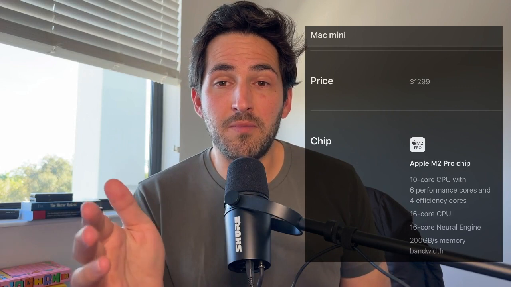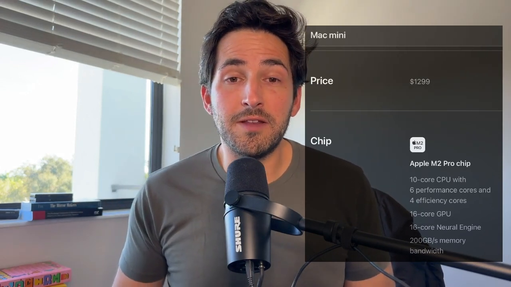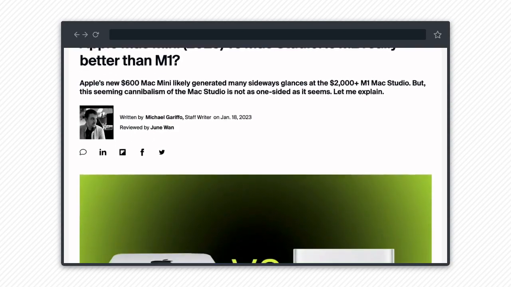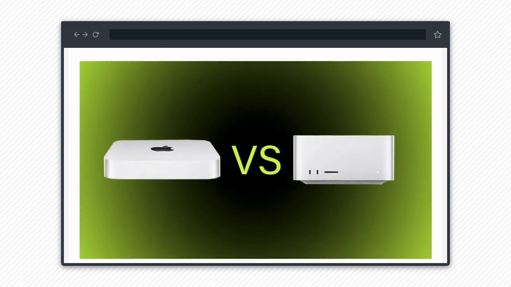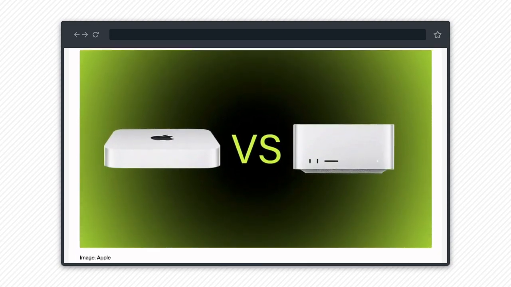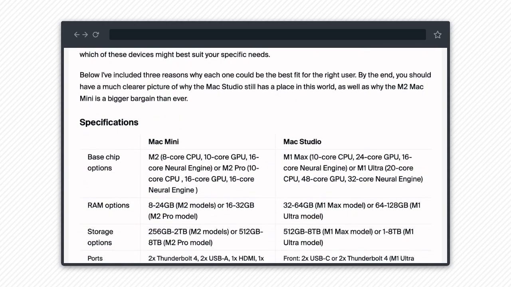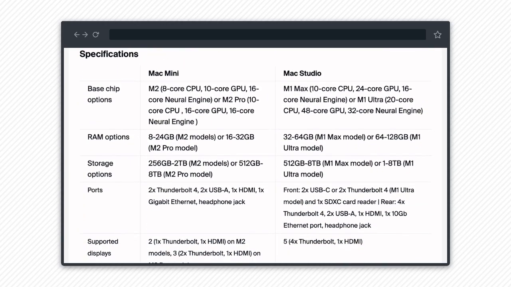That's 16 gigs of memory and 512 gigabytes of storage. You can upgrade the memory to 32 gigabytes, which is where it maxes out. But now, how does even that maxed out Mac Mini compare to the Mac Studio? There's another interesting article we have linked to, which compares what you would need each for. For the most part, unless you really need the raw processing power, which is probably not the case unless you're doing very heavy graphics work or computer animation, if you're just doing basic video editing, a maxed out Mac Mini is plenty.